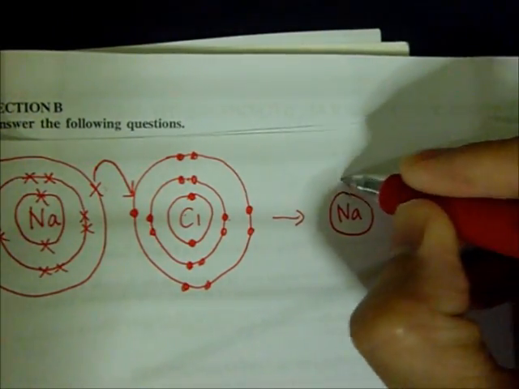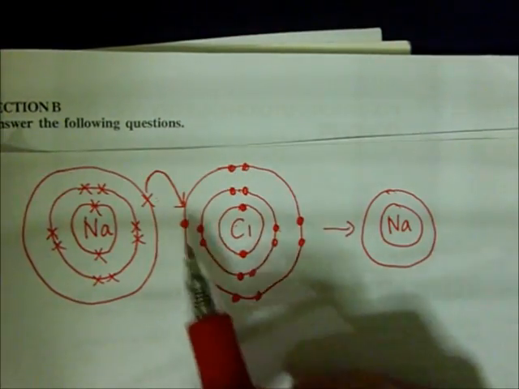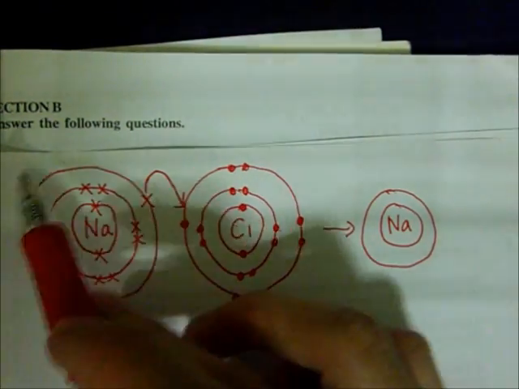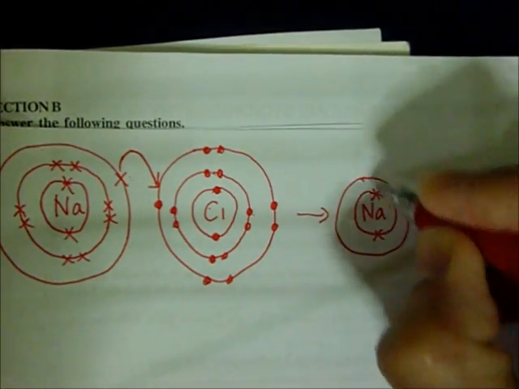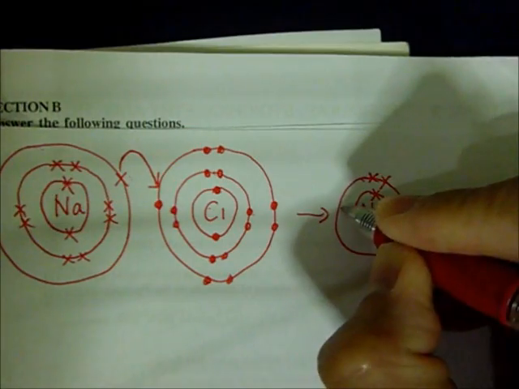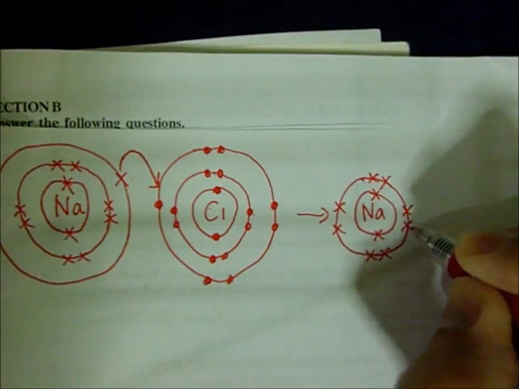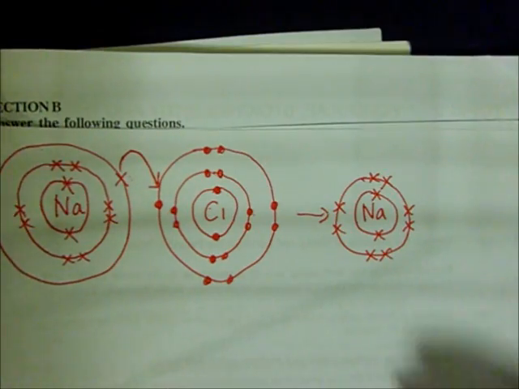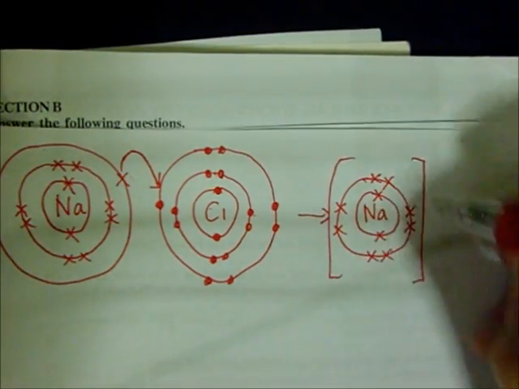So now the sodium ion would have only 2 electron shells, because when the valence electron is lost, the third electron shell is lost. So now it has only 2 electron shells, and when 1 electron is lost, it would become a positive ion,